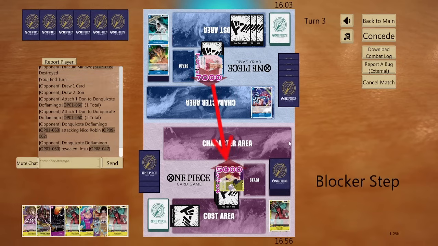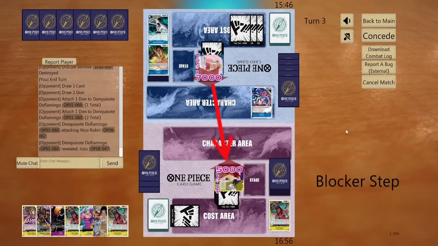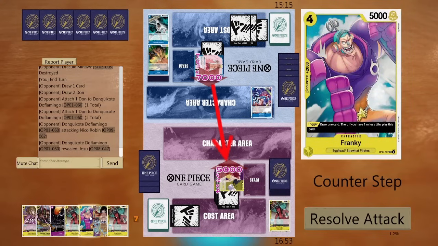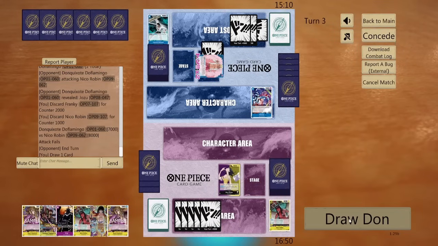Okay, so Jozu, and that is an unfortunate roll. I do think we're going to need a counter here just so that we don't lose out on our tempo. I don't even know if that makes any sense, but it does open up the Nico Robin play. So what are we doing here? Wait, they knew what their okay, so I'm gonna counter out of this one. You only have 2 Don up, but what they do with that Don, okay, so